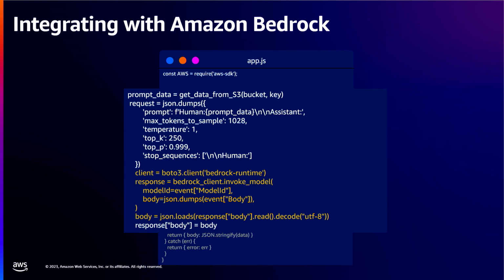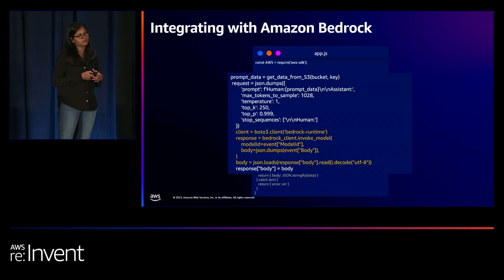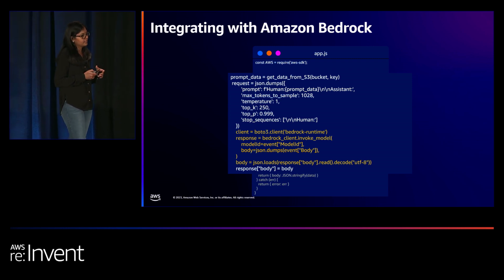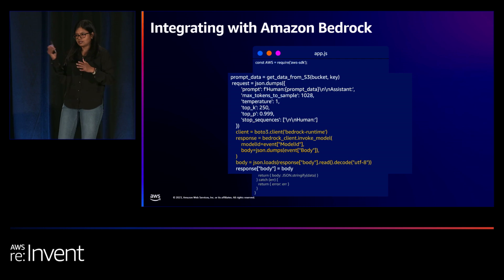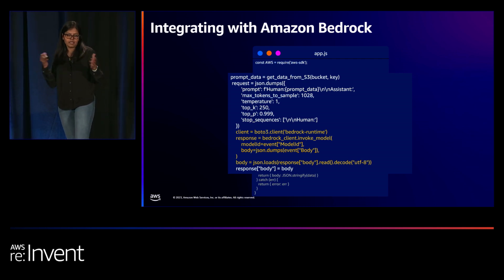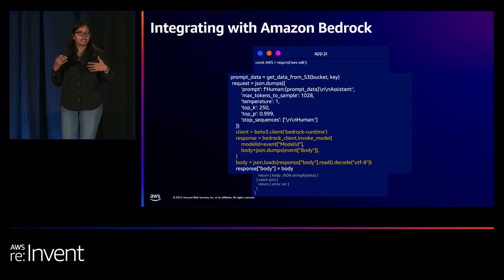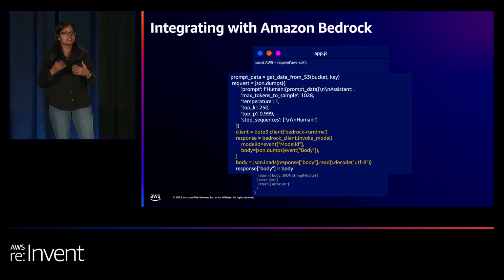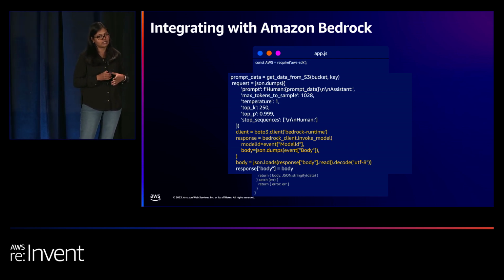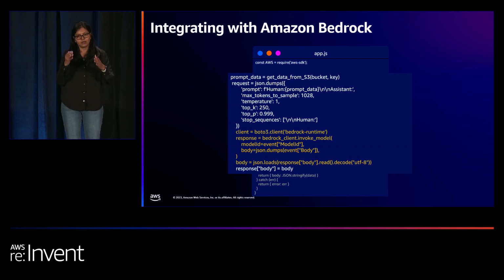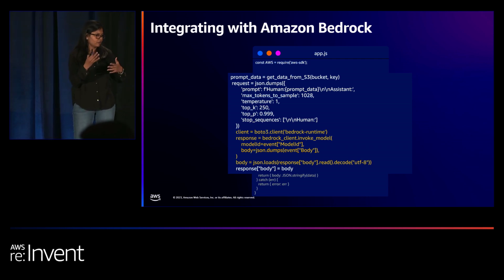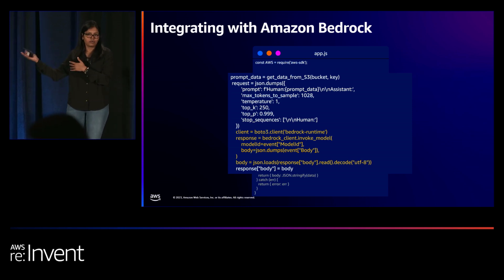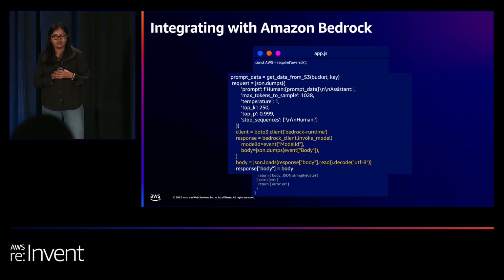So I set out to write this code, of course, in a Lambda function. The first thing I did is grab this converted text from S3. This is a few lines of code. I wrapped it in a function. Then I create a prompt. A prompt is something that you ask the foundation model. It's a request to a foundation model. It will differ from one foundation model to another. So I create this request and then call the Bedrock Runtime API to invoke a foundation model and generate the